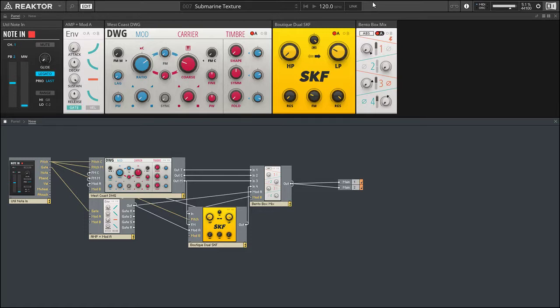Probably the most playable patch. I named it Submarine Texture because